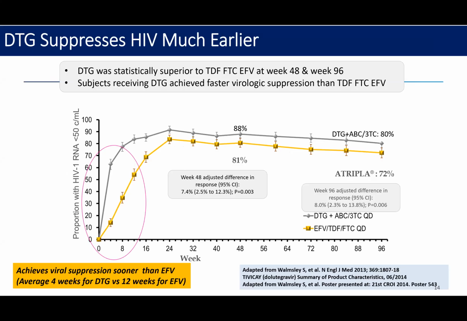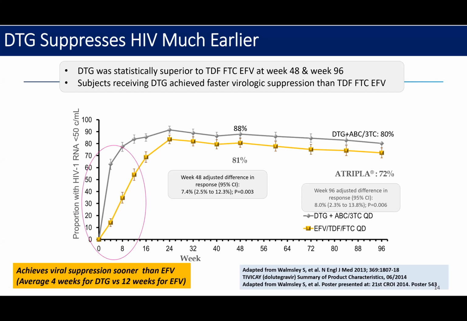If you look at the same thing in the context of viral load suppression, DTG actually suppresses the viral load in a PLHIV quickly. If you compare the duration of viral suppression for efavirenz based and DTG based regimens, on average 4 weeks is required for the DTG based regimen to suppress viral load to less than 1000. With the efavirenz based regimen, it is about 12 weeks. So it is a huge difference, from 4 weeks to 12 weeks.